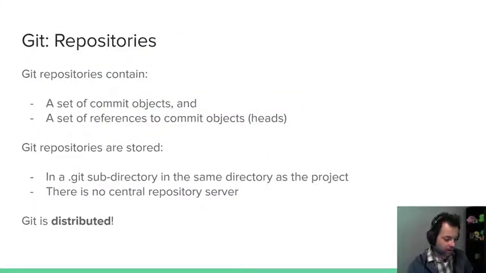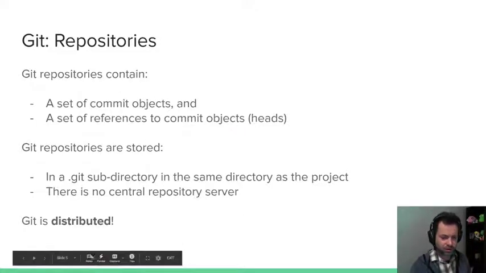All right, so I've been talking about repositories quite a bit, and what are they? So they're a set of commit objects. All right, so these objects are basically packages of changed source code, and you lump everything that you've changed together. Right? There's also an ID for each commit object, so it's a SHA-256 hex string. We also have references to commit objects, so your heads. We'll show you what that looks like here momentarily.